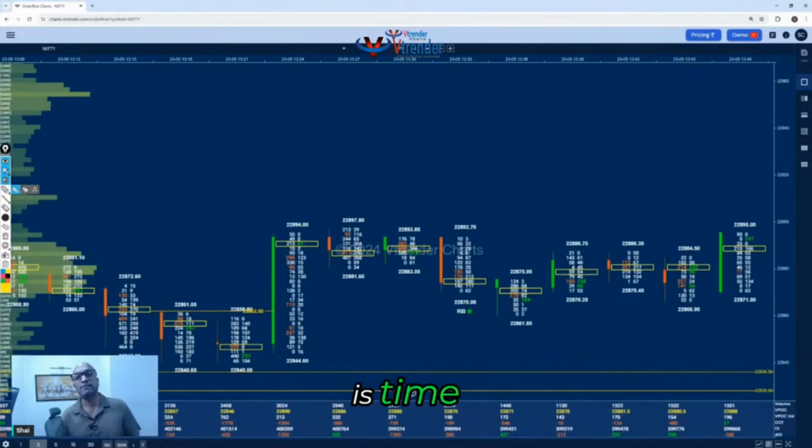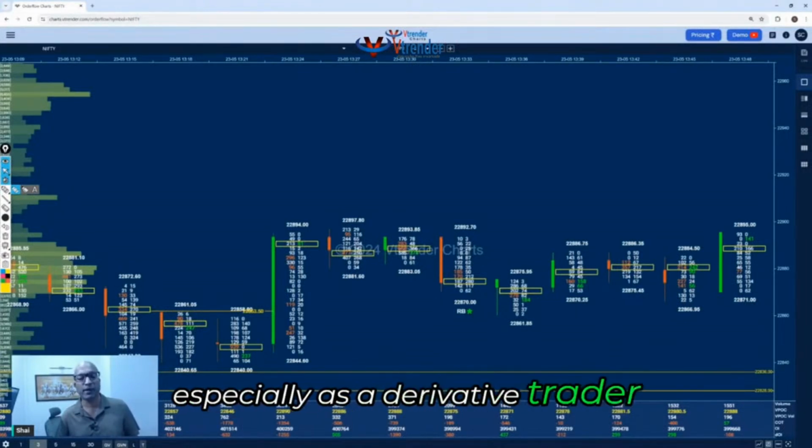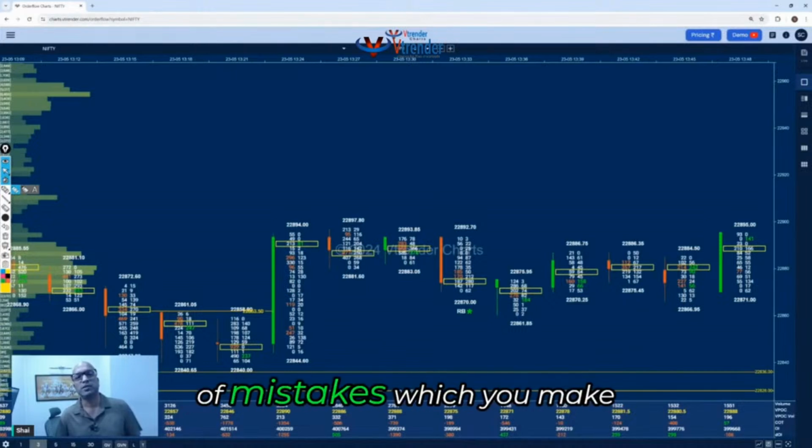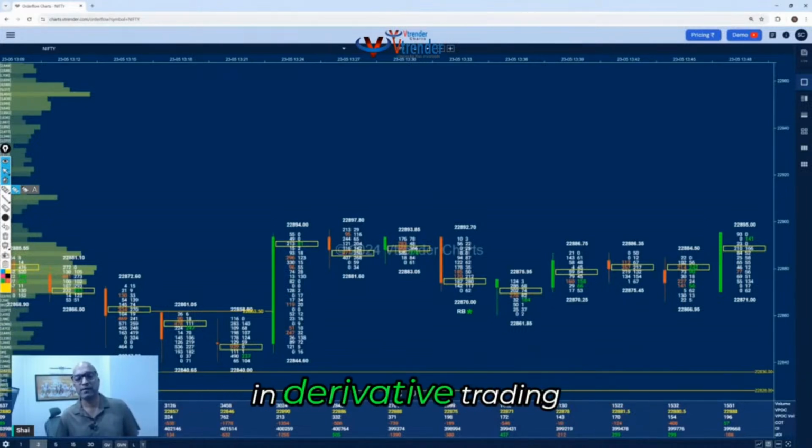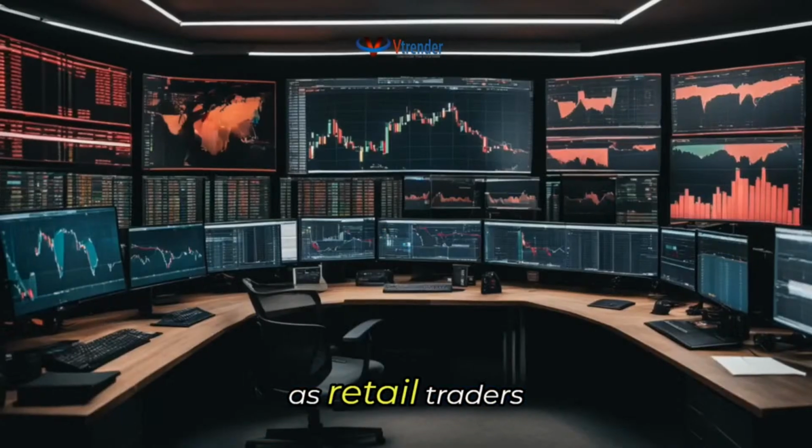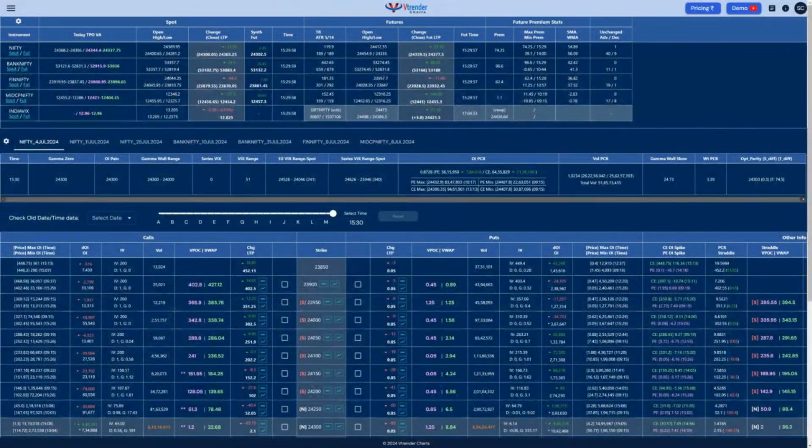And the third one is time. If you can pay attention to these three, especially as a derivative trader, you will cut out a lot of the mistakes which you make in derivative trading. The whole idea as retail traders is to